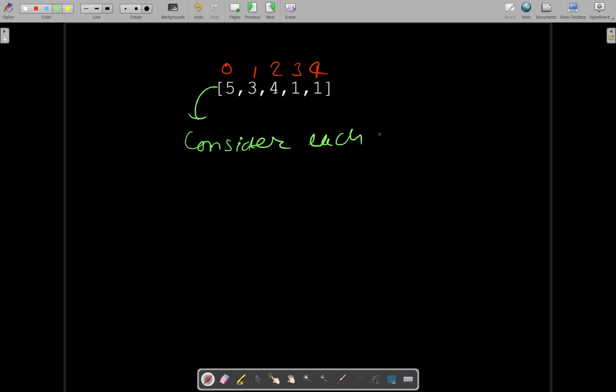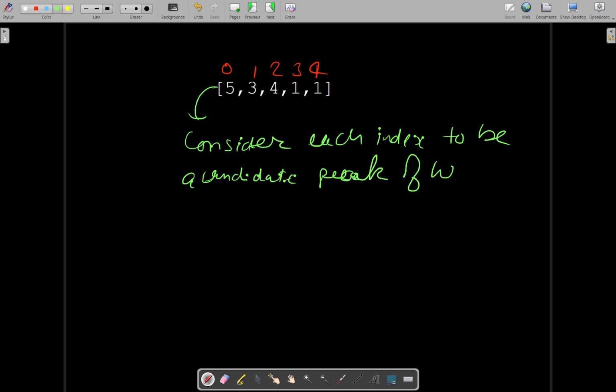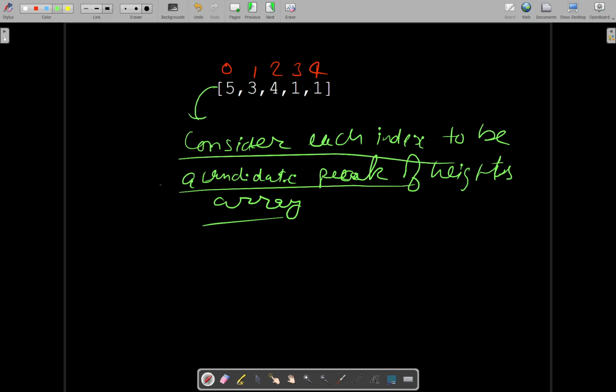Each index to be candidate heights array. But instead of running a loop in O(n) time to convert this array into a mountain array, what you will do is,